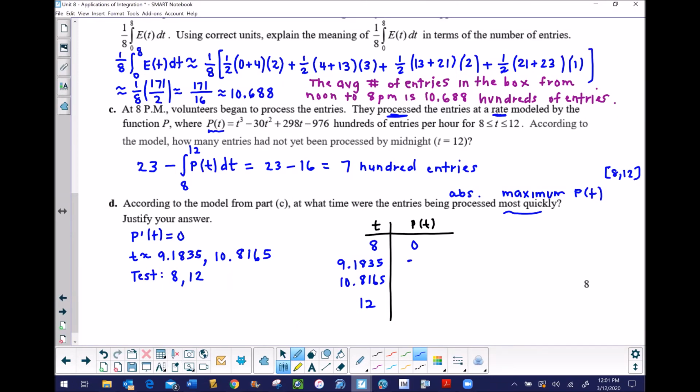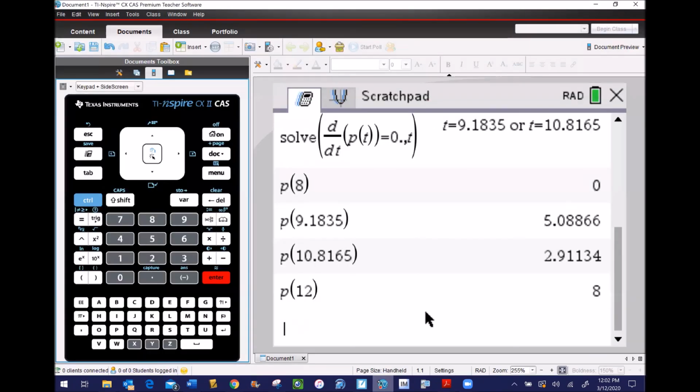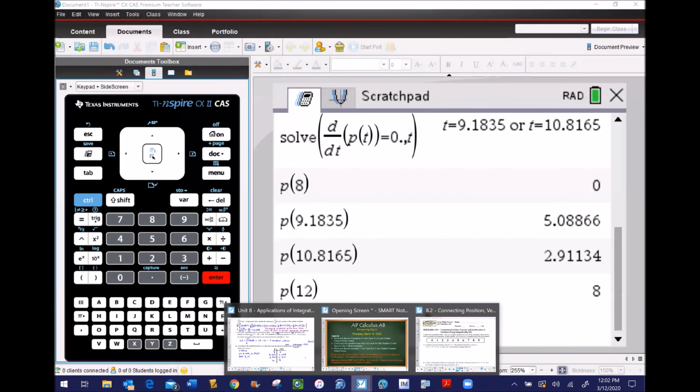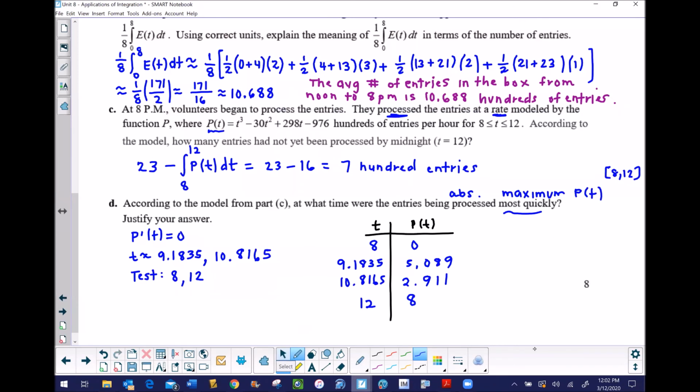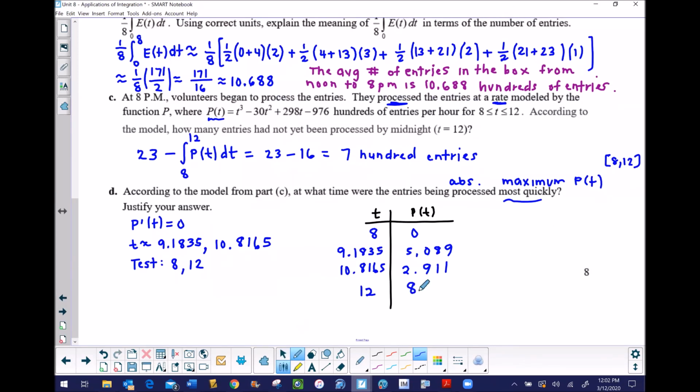Now, we would understand that you used the calculator to do this, and you're showing us evidence by filling in the table. I could go to 3 places at this point, guys. It really doesn't matter. Okay, I think those were my results, weren't they? 0.89 and 0.911, yeah, if I round. And so we see that our biggest answer is this 8, so we'll finish this up by saying the entries